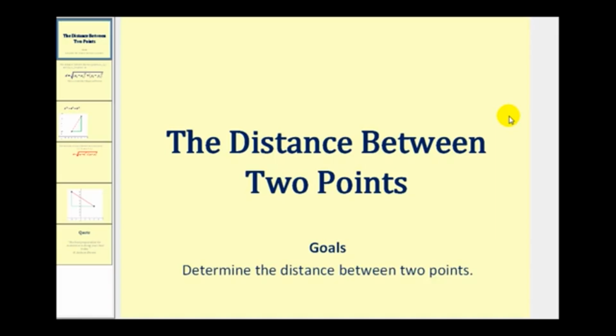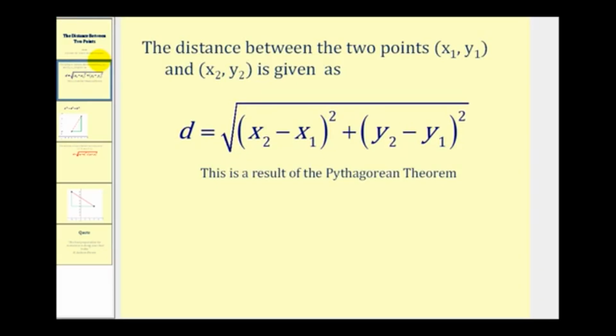Welcome to a lesson on how to determine the distance between 2 points. The distance between 2 points, x sub 1, y sub 1, and x sub 2, y sub 2, is given as d, the distance, is equal to the square root of the quantity x2 minus x1 squared plus the quantity y2 minus y1 squared. Now, even though this formula looks quite different from the Pythagorean theorem, it is a result of the